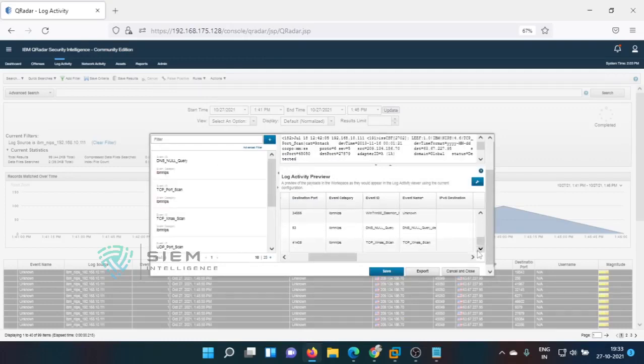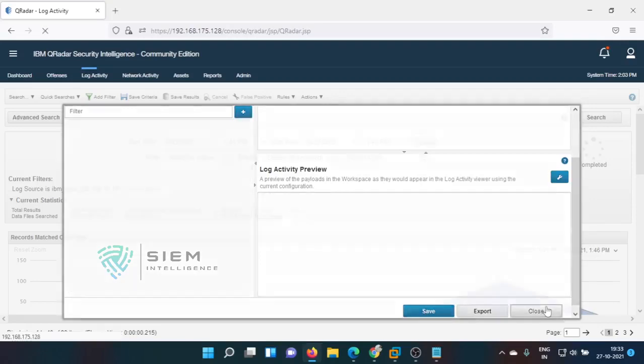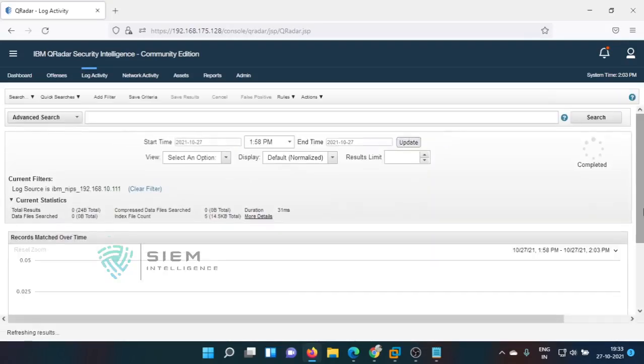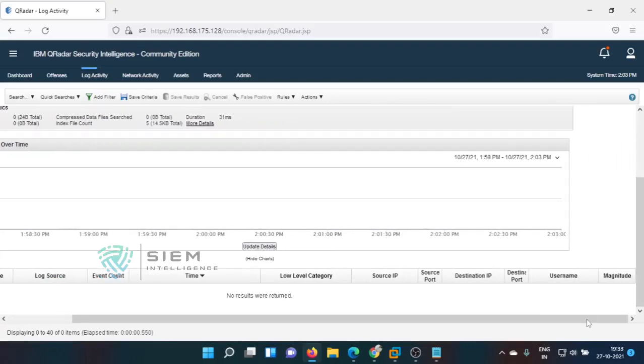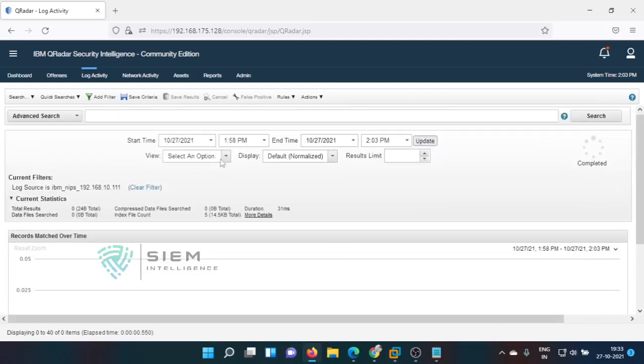See, now it is also TCP Xmas. This is Christmas scan is also detected. Now save everything. If you don't save, it will not be saved in this particular area. Just save and close the session. After closing, we need to see whether these logs will now parse with the event name or not. Right now the older will not parse. The new, we should know whether the new will show or not.